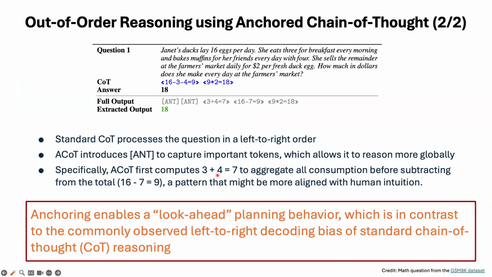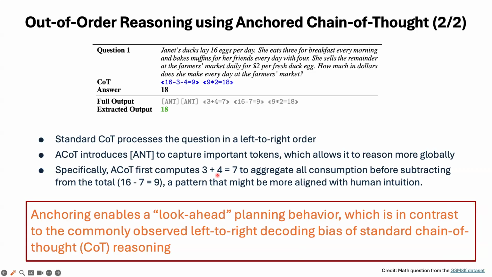So I'll give you roughly the process. For the same question, if you look at the chain of thought, it decided that 16 minus 3 minus 4 is 9, and 9 times 2 is 18. If you look at that reasoning line, it is left to right: 16, the first number, minus 3, then she eats, then bakes muffins with her friends every day with 4. So 16 minus 3 minus 4, which evaluates to 9, and then multiplies: 9 times 2 is 18. Whereas, even though the anchored model was trained with such sequences, the result it's actually generating